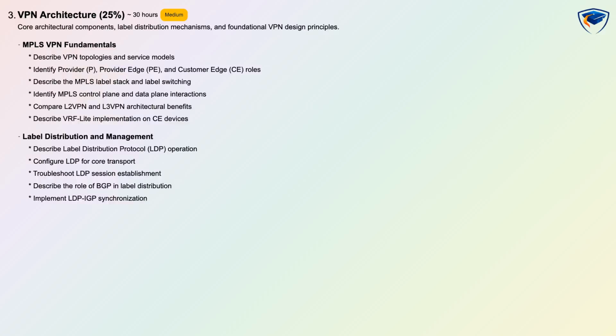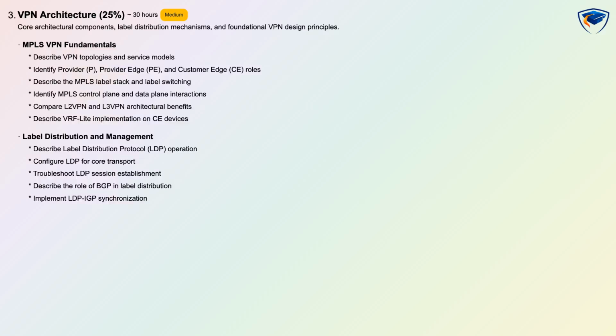Expect to learn the MPLS label stack and how label switching operates, plus the interactions between the MPLS control plane and data plane. Label distribution and management is a core topic with LDP operation, configuring LDP for core transport, troubleshooting LDP sessions, understanding the role of BGP in label distribution and implementing LDP-IGP synchronization, as well as VRF-like concepts on